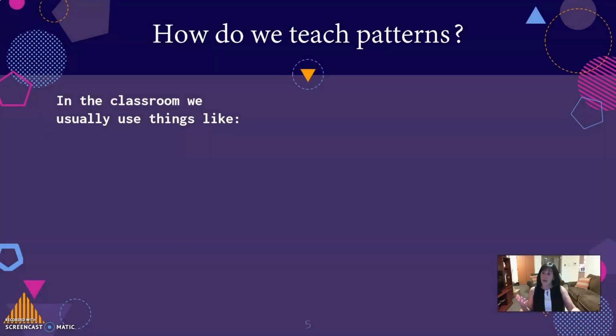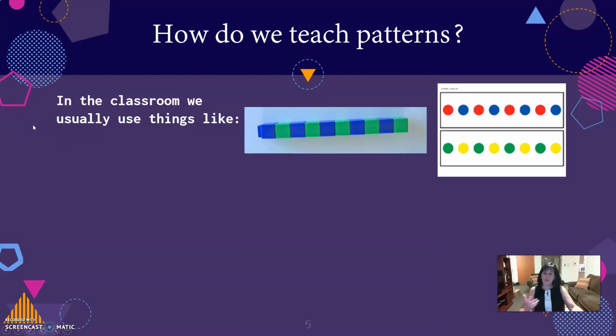This next slide shows some ways that we typically see patterns presented in lessons. Initially, with very young children, we use concrete examples with materials such as linking cubes, counting bears, pattern blocks, and other manipulatives. We start with basic single attribute patterns using two alternating colors to teach a very basic A-B pattern.